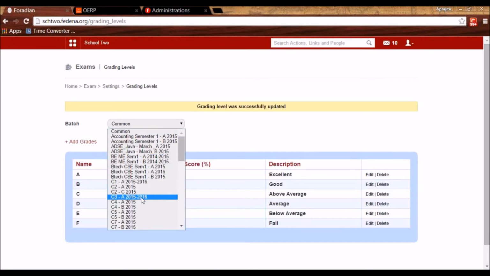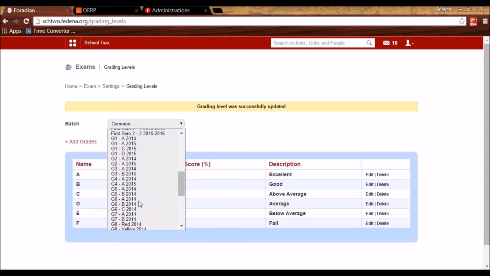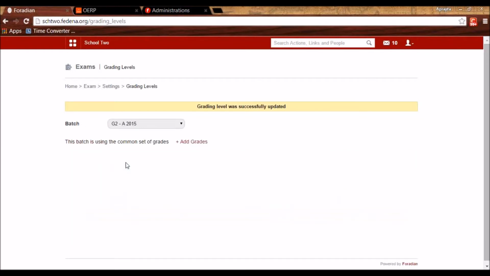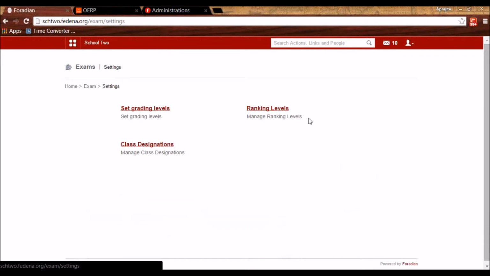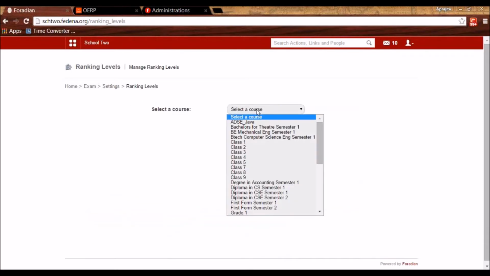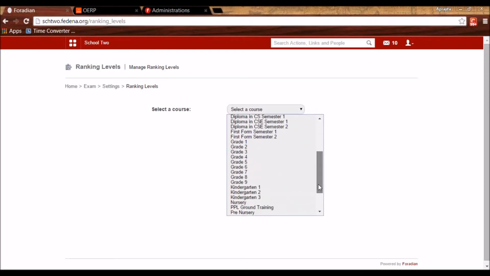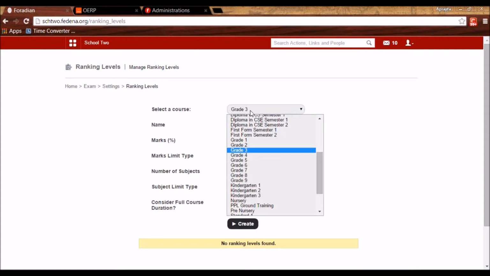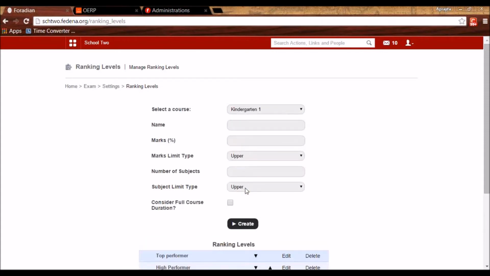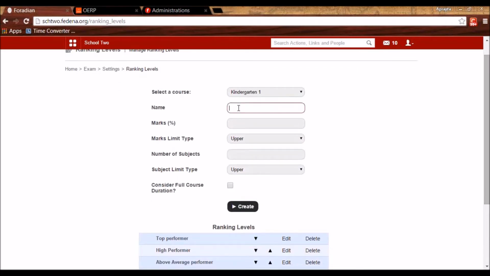If it is different for a batch, you can select that particular batch and assign the grades to that batch by clicking on add grades. After you've done the grading level settings, you can go to ranking level and select the grade from here. So for this course, you can create a ranking level and give it a name like top performer.